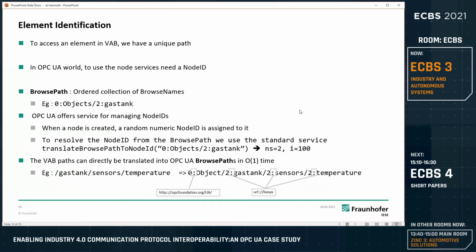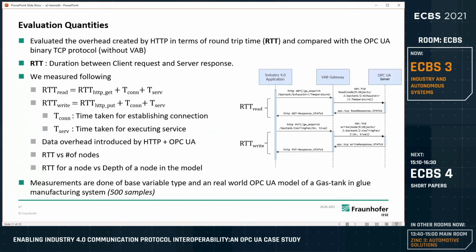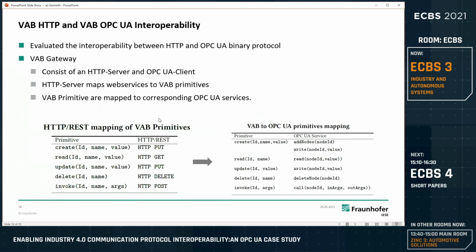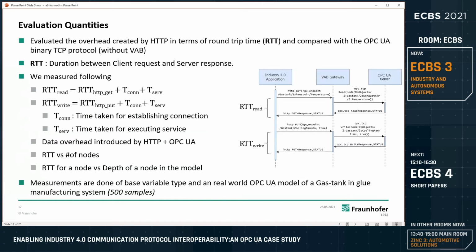that we have these primitives in OPC UA. So we implemented, or we propose, a gateway architecture which uses VAB in protocol interoperability. This picture is shown here on my screen, showing how such a VAB gateway works. So when you have an industrial application which works in HTTP REST, for example, which comes from an MES system,